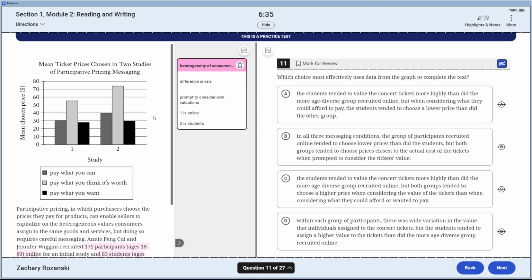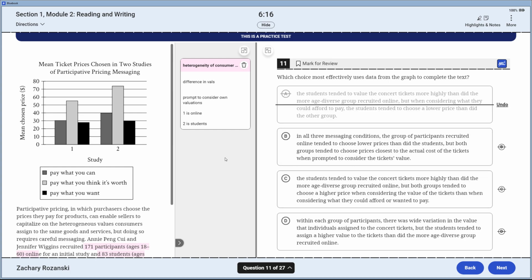So 2 tended to value the concert tickets more highly than did 1, true. But when considering what they could afford to pay, the students, no, not true. In all 3 messaging conditions, the group of participants recruited online, which is 1, tended to choose lower prices than in all 3. That's fine. But both groups tended to choose prices closest to the actual cost of the tickets when told to consider